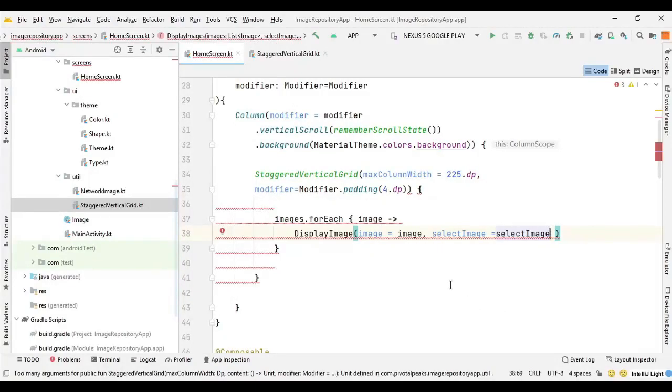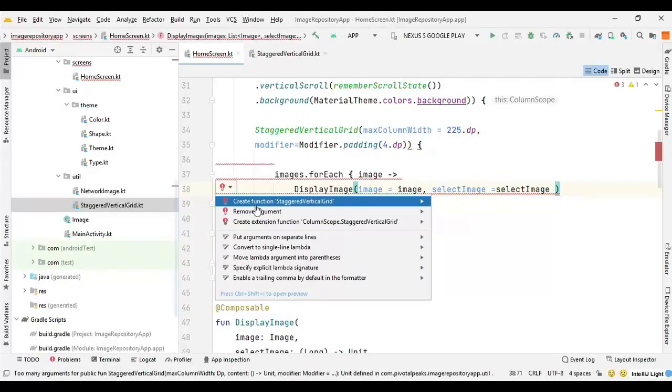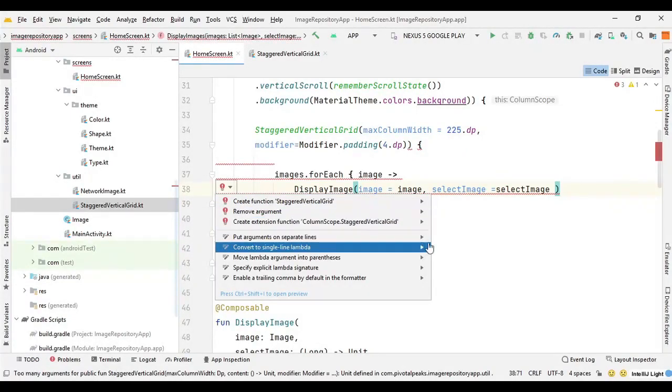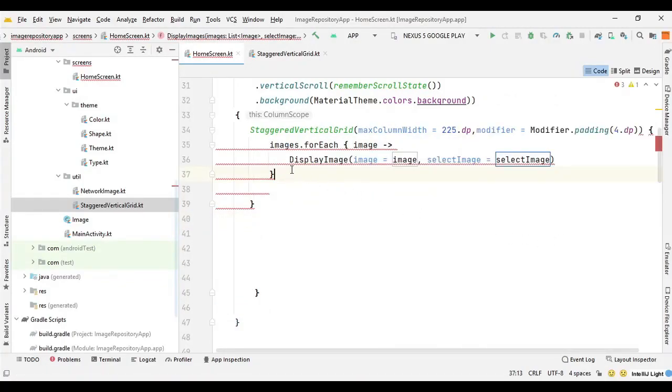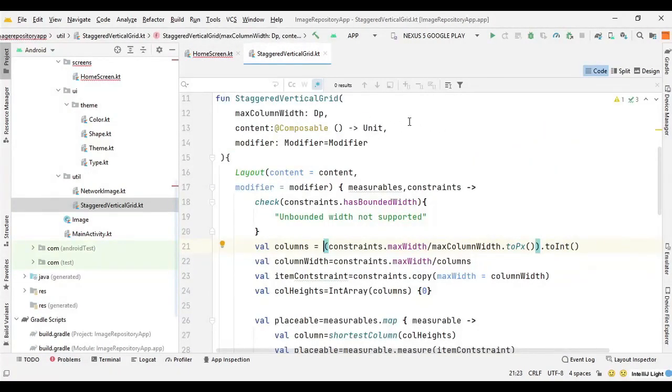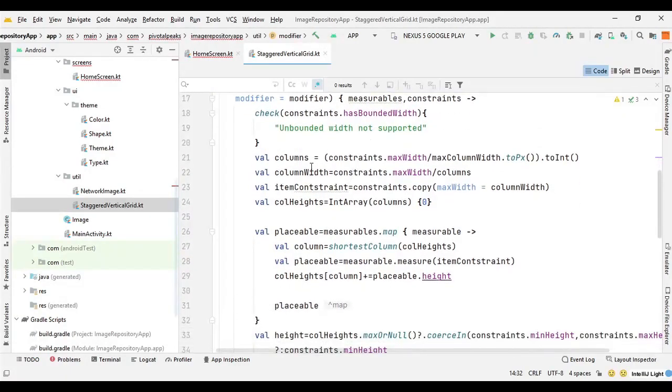And I think we are good for the home screen. So I'm getting this error, so let's see what that is. Create function staggered vertical grid, which I just did. So we are getting some errors, and it is something to do with the staggered vertical grid. So let's go back to our grid, and here I made some mistakes. So here we need the ceiling to actually convert it to integer.